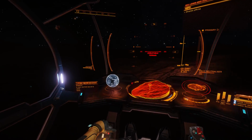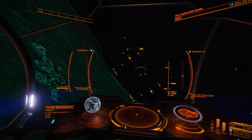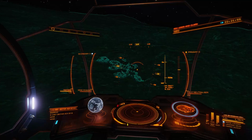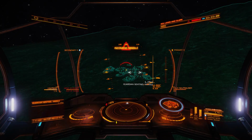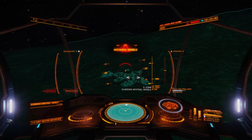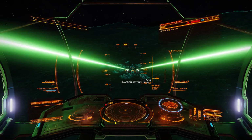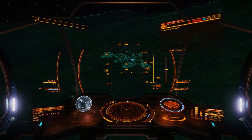So I thought it would be a lot easier, after recharging my shields a little, to take out these Sentinels from the air. I mean, I've just outfitted the Asp Explorer with a couple of engineered beam lasers. In theory, that is certainly possible. In theory. You see, while you can lock onto those Guardian Sentinel missiles